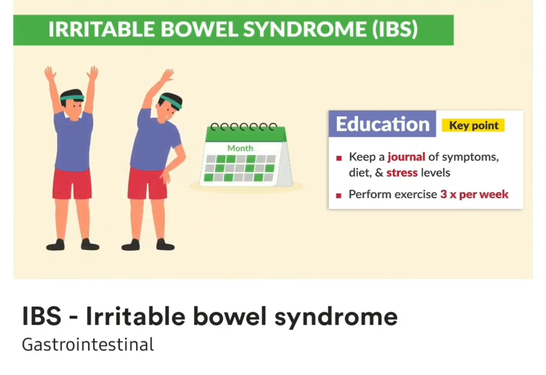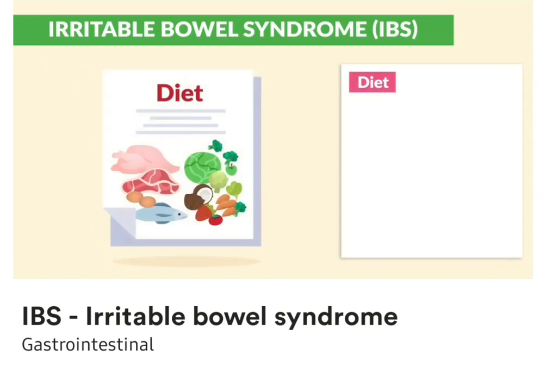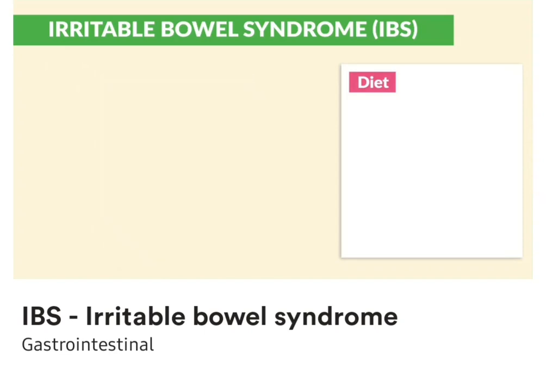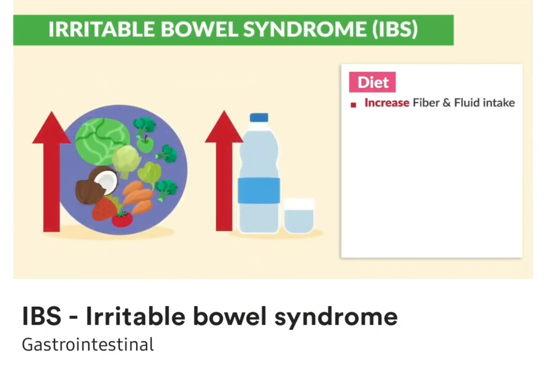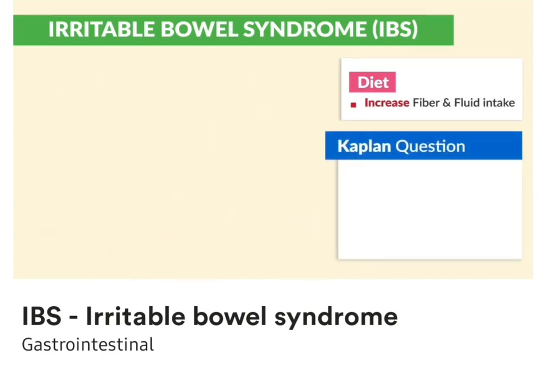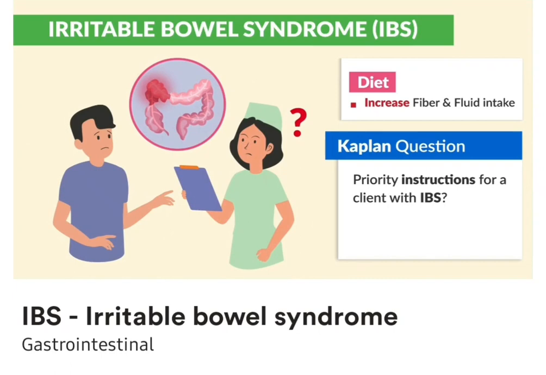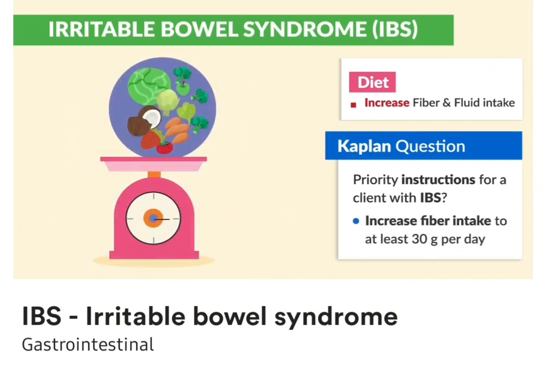And number 2, perform exercise 3 times per week. Now, the big difference here is the diet. So diet for IBS, we want to increase fiber and fluid intake. So Kaplan mentions, the priority instructions for a client with IBS is to increase fiber intake to at least 30